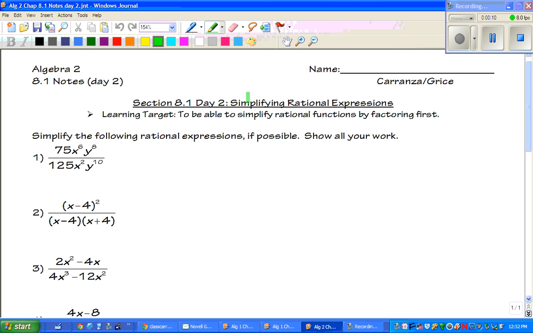Today we are continuing our discussion about simplifying rational expressions. Our learning target today is to be able to simplify rational functions by factoring first. So, the main difference from what we did the other day to today is now on some of these we're going to have to factor before we get started. Okay? Now, number one,